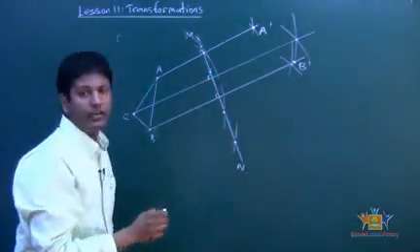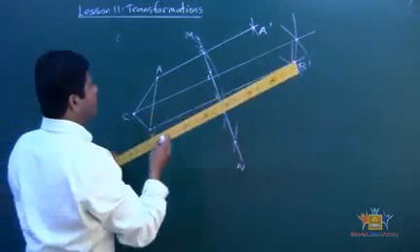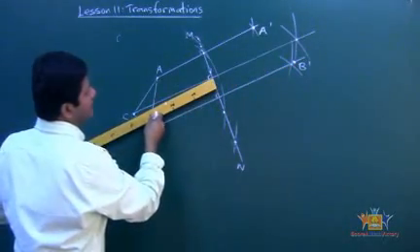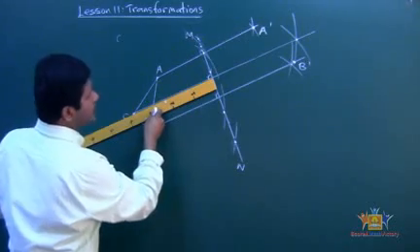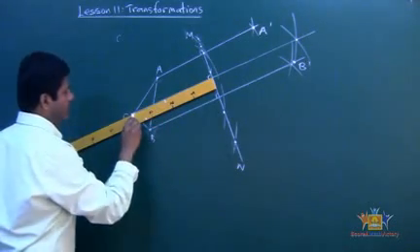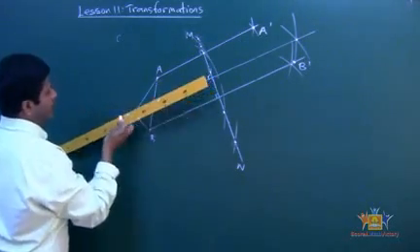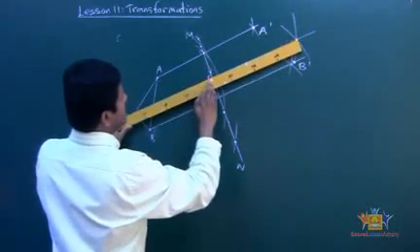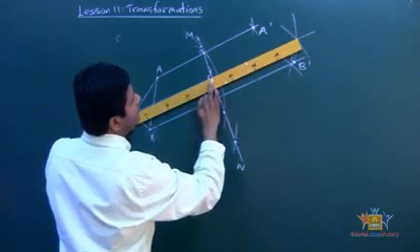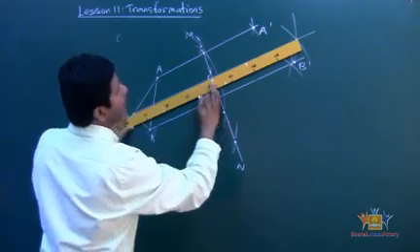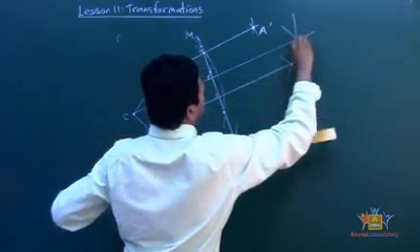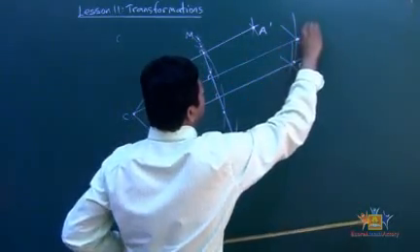Now I'm going to measure it from C to line MN. Right there, and I'm going to just mark it right here. Then I'm going to move it over and position it in such a way that it's right there, and locate the point right there. That's going to be your C image.